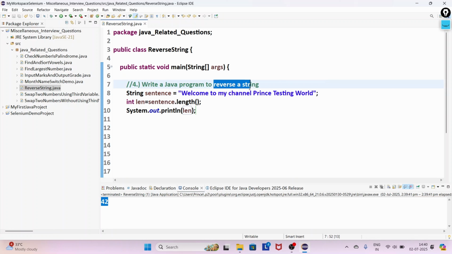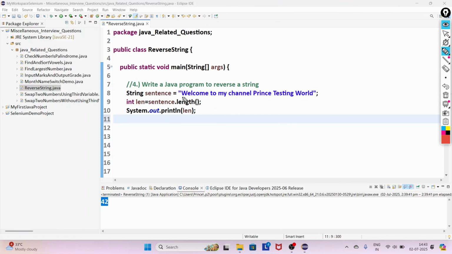Now I want to reverse a string. So how will you do that? Let's say this is our string. First of all I will take this d. So our loop will start from the length. Let's say its length is 42, so I will start the loop from 42. One time it will be 42 and I will capture this d and take it into one variable. This is our reverse str, where R means reverse and str means string. So I will create one string variable and we will place d into it.